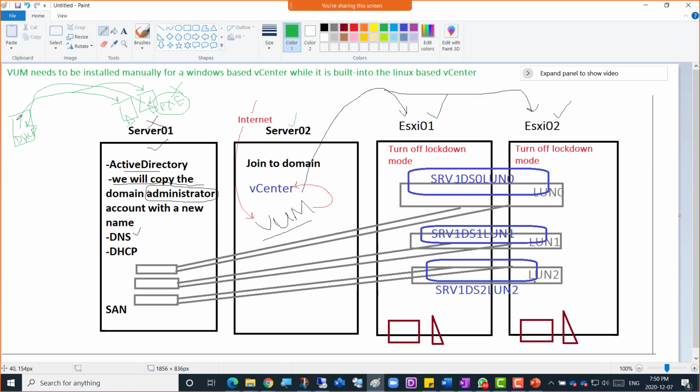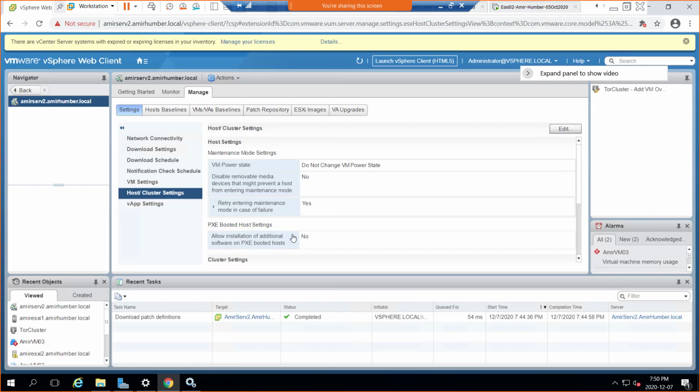That is also called network boot. So then you can deploy any ISO, Windows 10, any OS image over the network to the empty desktops. It's the same concept if you deploy hypervisors. Suppose you or your company purchased 100 Dell machines. Each is a heavy server, right? Lots of RAM and lots of CPUs. Then you can deploy the hypervisor ESXi over the network as well to those empty physical servers.